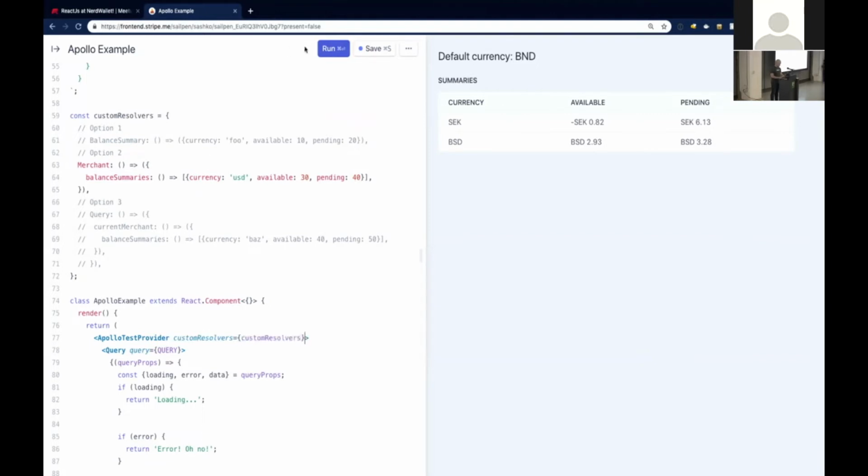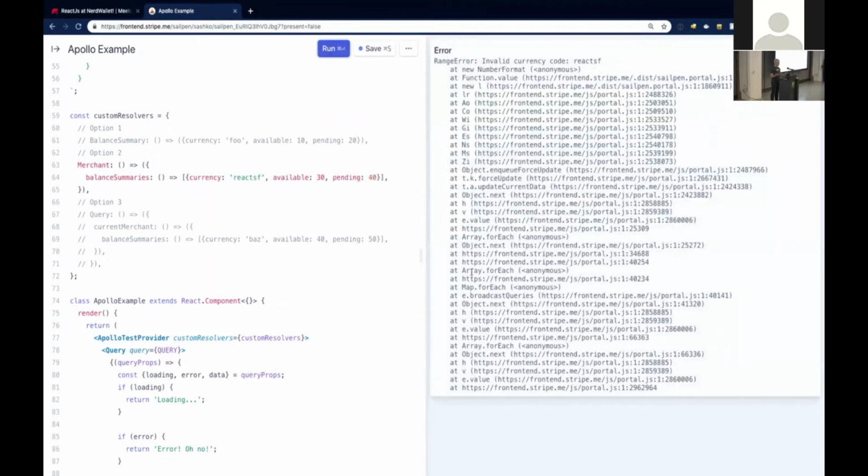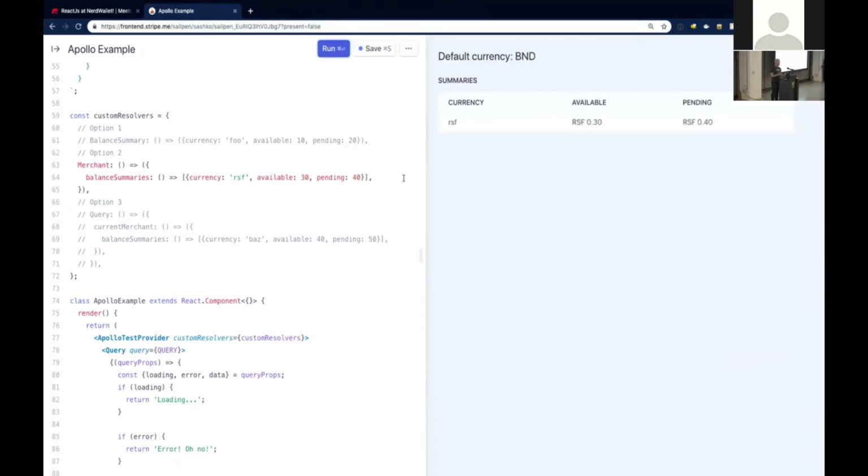Boom. Great. So exactly what I expected happened, which is that I got one item in my array and the currency said USD. So I can type in something like ReactSF. And one thing we'll see is actually this component doesn't want to handle any currency code that's not 3 letters. So if we wanted to test that error state, I would say it's not very pretty, but hopefully our server just doesn't return that. So, if I wanted to change this to RSF, boom, now it's very easy to test